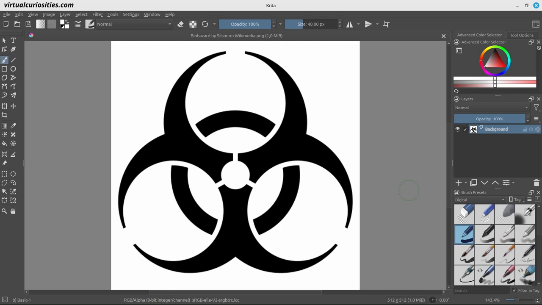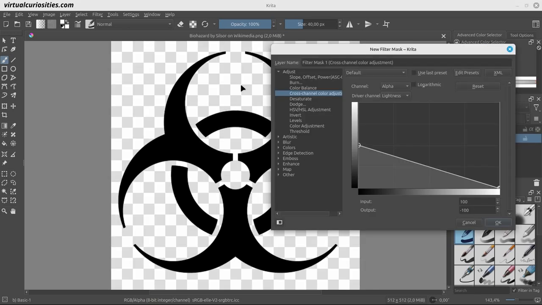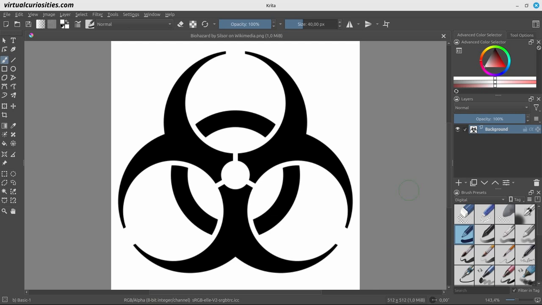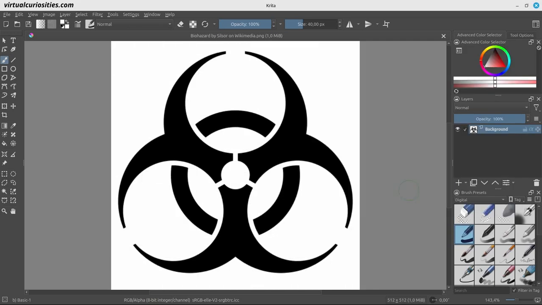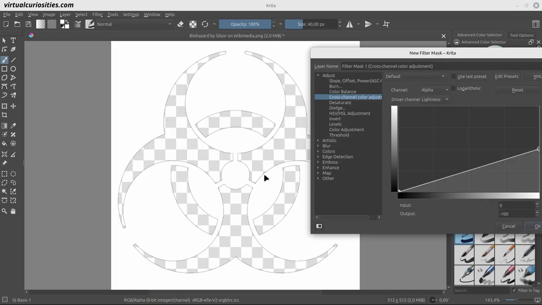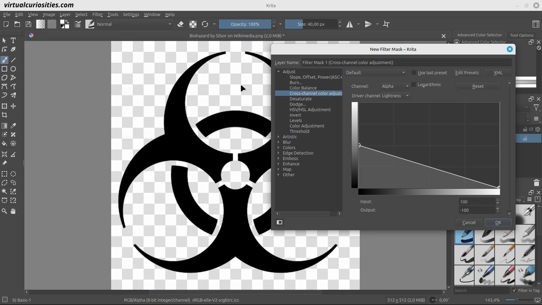In this tutorial, we'll learn how to turn a black and white graphic, such as a symbol or logo, into a transparent graphic by making the white color transparent or by making the black color transparent. In other words, we'll learn how to turn grayscale into alpha, which is used if you have a monochrome stencil